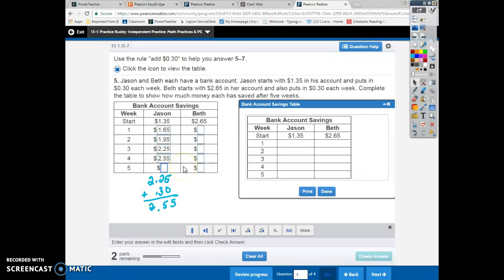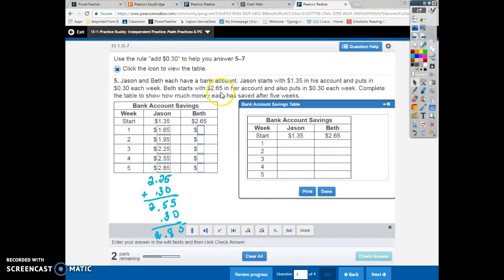And then we want to add 30 more cents on for the last week. 5, 5 and 3, 8, decimal point down, bring my 2. That means it's $2.85. And now let's do the same thing for Beth, but let's read and see if Beth adds the same